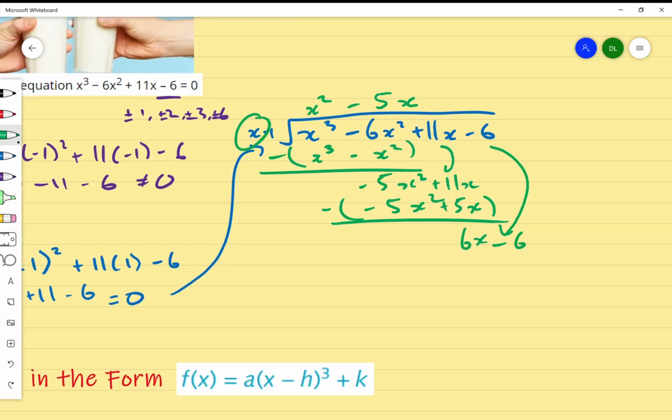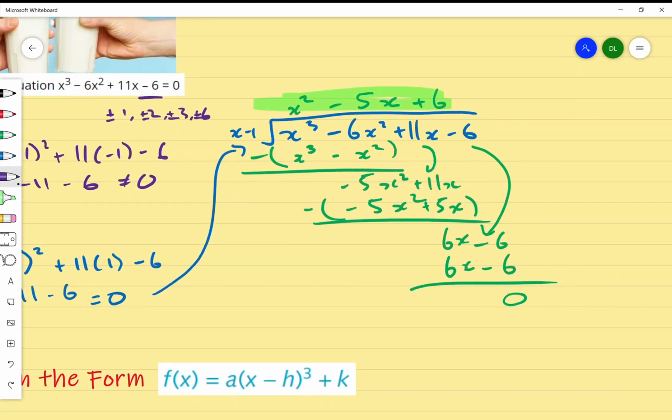And I think, what number multiplied by x gives me 6x? I know the answer is positive 6. And therefore I get 6x. 6 times negative 1 gives me negative 6. And we can see that the remainder is 0, not 6, 0. So this value right here is my quotient. So I can rewrite this equation as x cubed take away 6x squared plus 11x minus 6 equals x minus 1, which is our divisor, multiplied by a quotient, which is x squared minus 5x